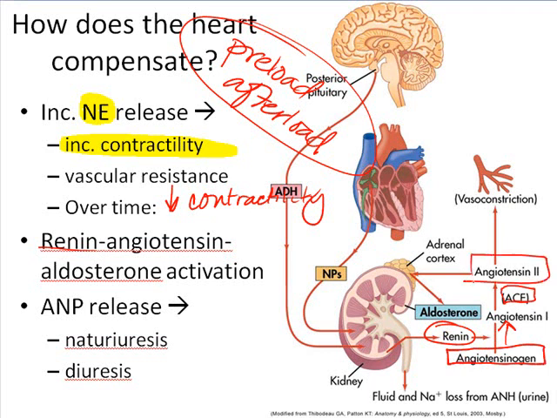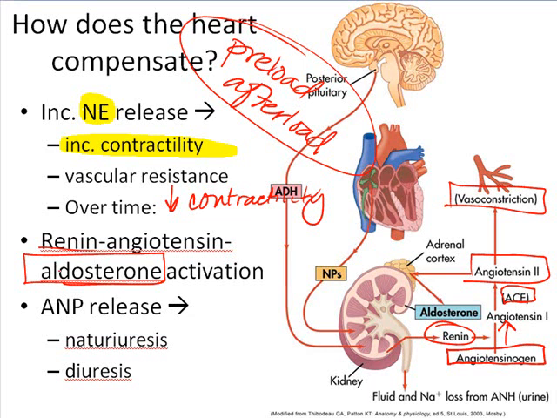It's converted into angiotensin 2, and then that induces vasoconstriction, which of course would help elevate blood pressure. It also induces the release of aldosterone from the adrenal cortex, and you'll remember aldosterone retains sodium and thus retains water. It causes the kidneys to retain sodium and thus to retain water. So that helps to elevate the blood volume, which also helps to elevate blood pressure.